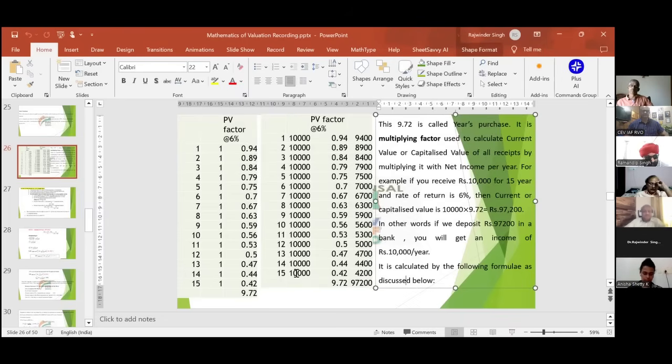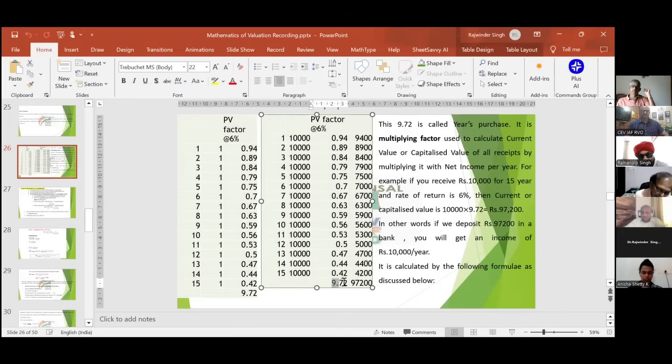तो एक तो ऐसे है कि हर साल आपने निकाला कि आपको 10,000 मिलना था, पहले साल के end में आपको आज 9400 मिला। जो 2 साल के बाद मिलना था वो 8900 मिला। आप इसको सभी को add कराएं तो आपको 97,200 आ गया। लेकिन अब दूसरा तरीका क्या कर सकते हो कि हर साल ऐसा निकालने की बजाय अगर आपने 10,000 को ये जो ₹1 वाला factor है इससे, 9.72 से, multiply कर दिया, सीधा आपको 97,200 मिल गया। हर बार calculation करने की बजाय आपने 10,000 को 9.72 से multiply कर दिया।